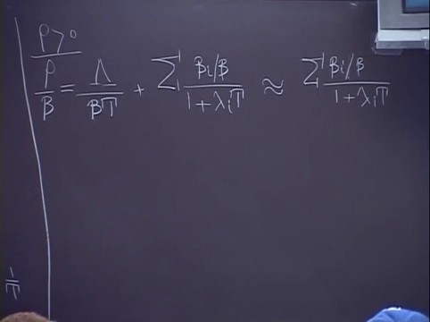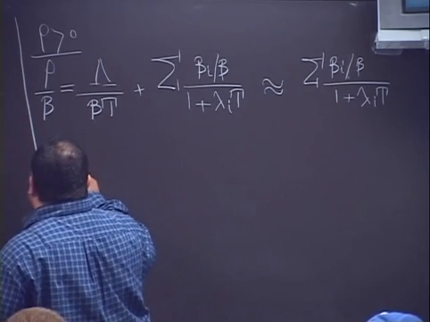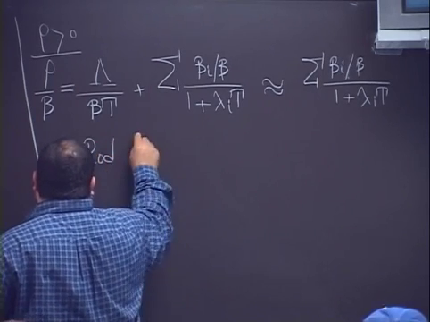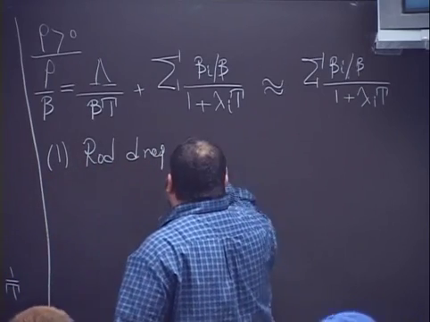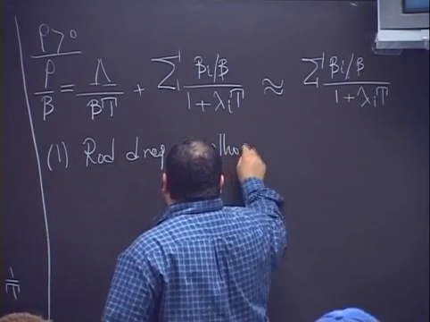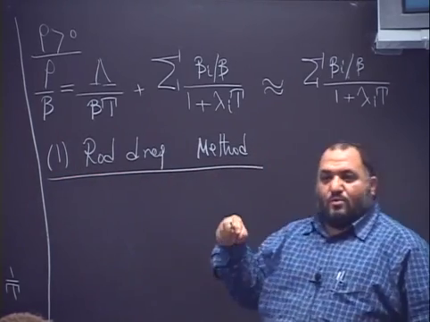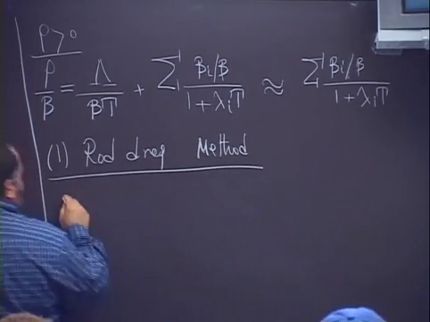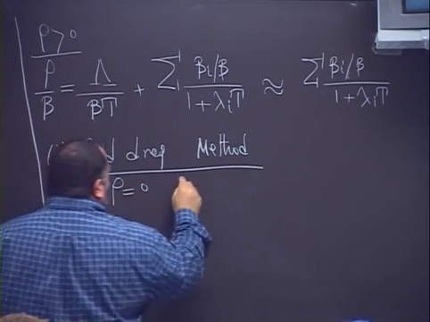Okay, guys, so we can use several methods to calculate the asymptotic period. The first method, we'll call it the rod drop method. And what the rod drop method is, we will have a critical position at, let's say, t equal to 0, rho is equal to 0, our reactor is critical,